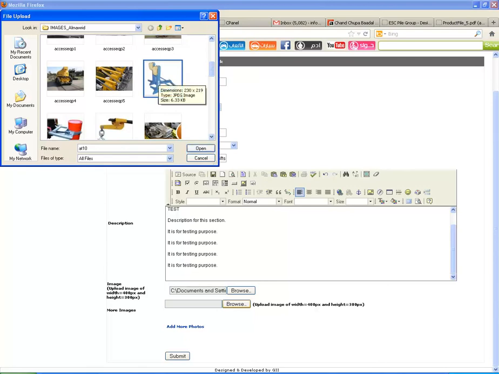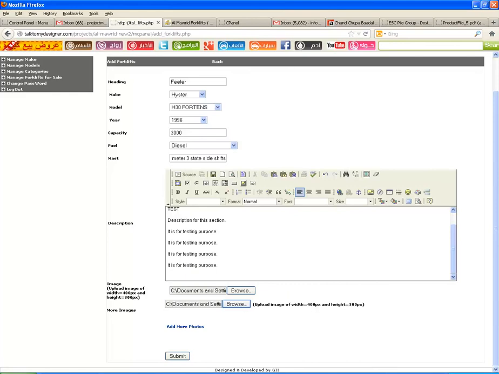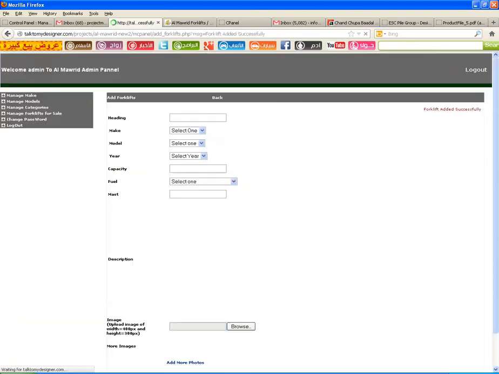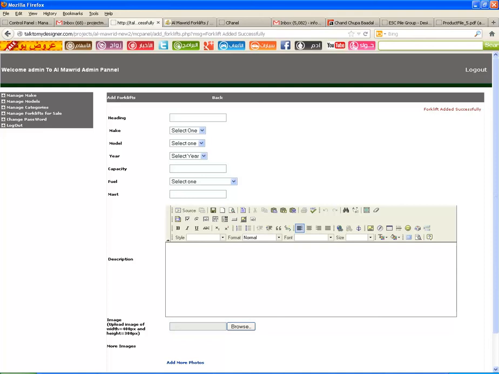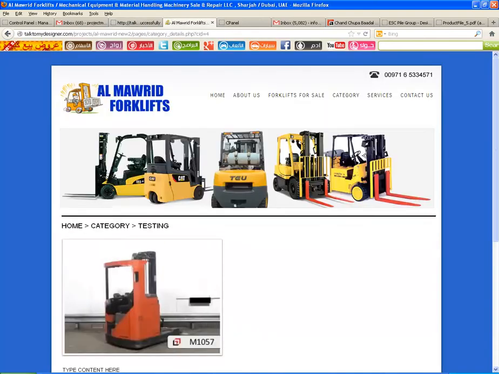Now here I am selecting this image and clicking open. Then it will appear in the website. After that you have to click the submit button. When clicking the submit button, it will be reflected in the website.